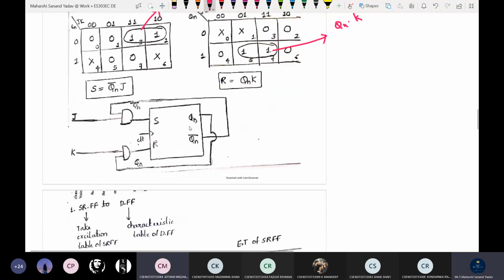This is the logic diagram. First draw an AND gate using Qn bar and J. And then